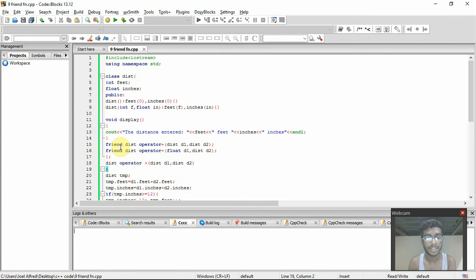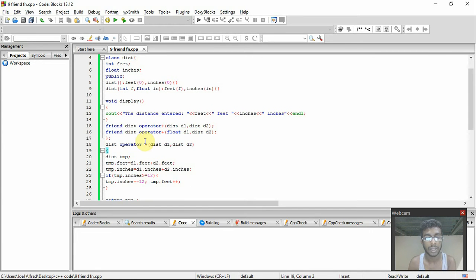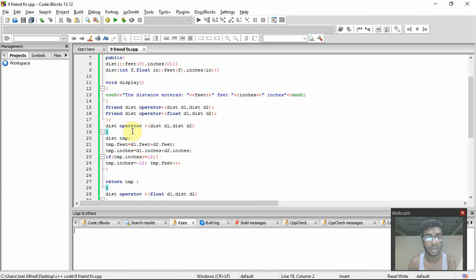Now we initialize the friend functions outside the class and write the code for adding values in feet and inches. Then, as given over here, friend distance operator plus (distance d1, distance d2), friend distance operator plus (float d1,